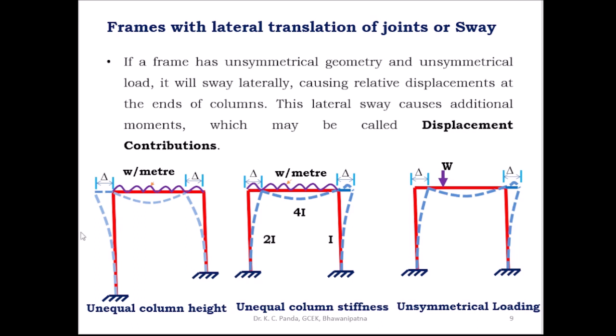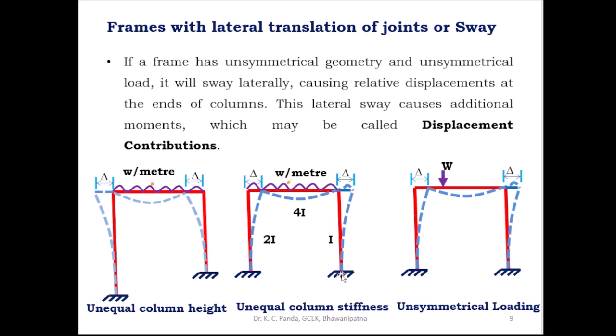So look at this figure here. This is the unequal column height. So due to the unequal column height, the sway of the frame takes place. And look at this figure here. This is the unequal column stiffness. So due to the unequal column stiffness, the sway of the frame takes place, or the lateral translation of the